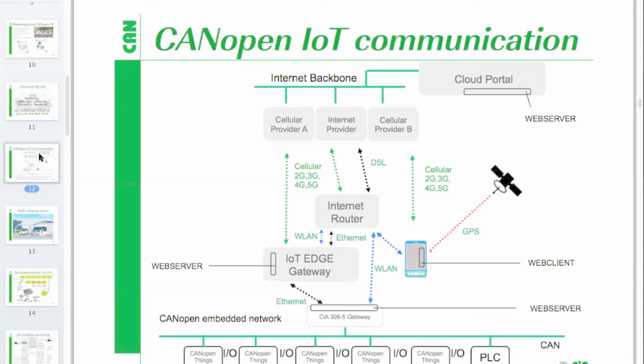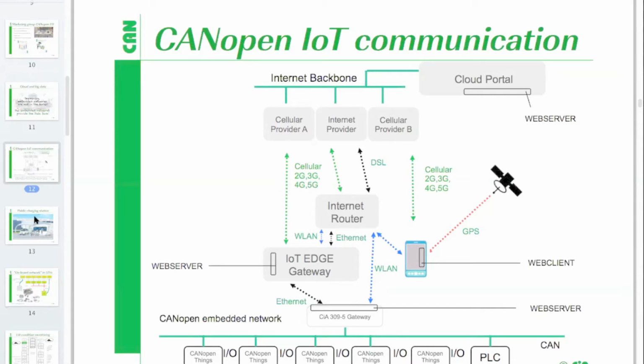If I access them remotely or even locally, having collected the data, whatever it should be, over the cloud portal, I gain access to very specific data on CANopen networks and see how this data goes to the end user. So this is just a general scheme, how we see this communication path work.